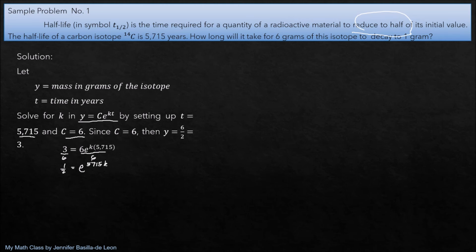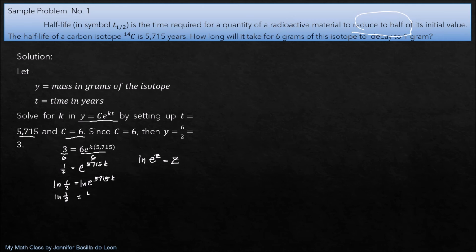And then we get the natural logarithm on both sides. Now we apply the property of the natural logarithm involving the Euler number. So if we have ln e raised to z, then it's just equal to z. So in this case, at the left side, we just copy ln 1/2. At the right, applying the property of the Euler number,